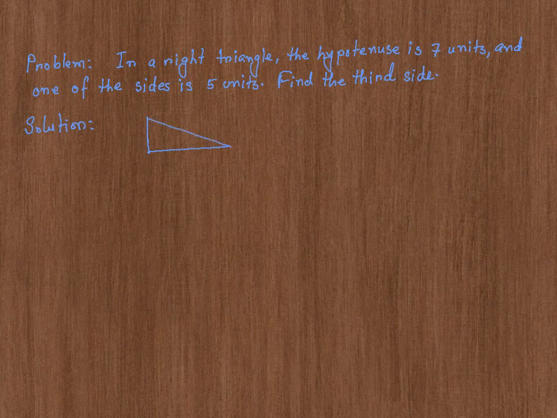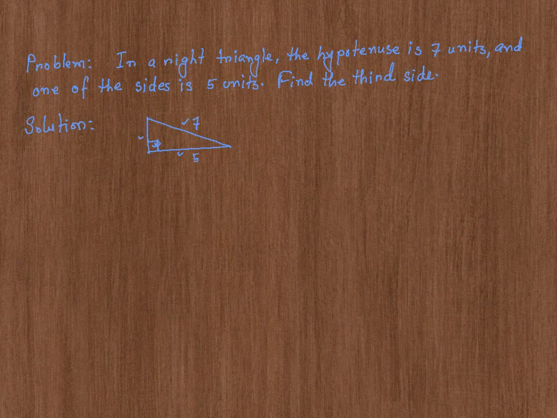Let's say this is a right triangle, that means this angle is 90 degrees and the hypotenuse is the side opposite to this right angle. That's called the hypotenuse. And the other two sides adjacent to the right angle are called the legs. So the hypotenuse is given to be 7 units and one of the sides is given